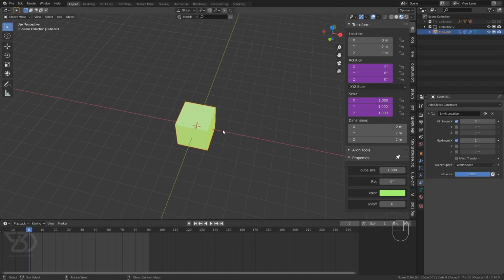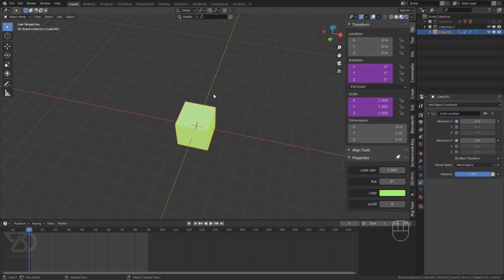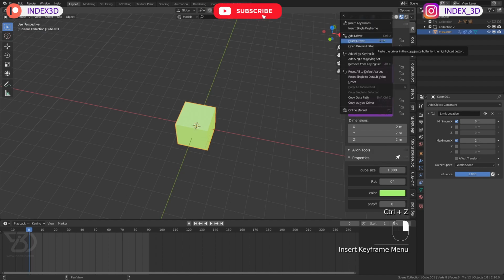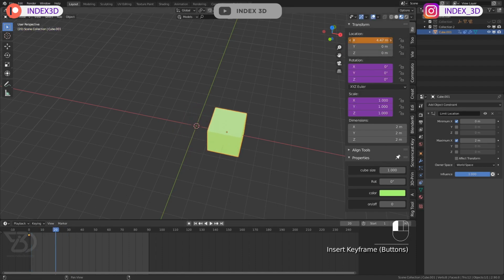Okay, so now if I try to animate this, insert a keyframe. I usually insert a keyframe from here, because if I insert a keyframe from the location, it will add 3 keyframes, but I am just going to animate one single property, so I will insert a single keyframe. And then if I move here and change it, see, it's changed to this value 5.